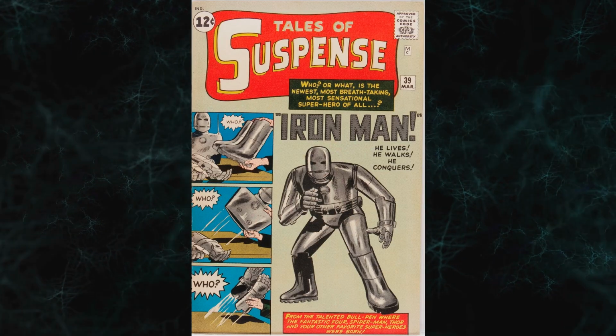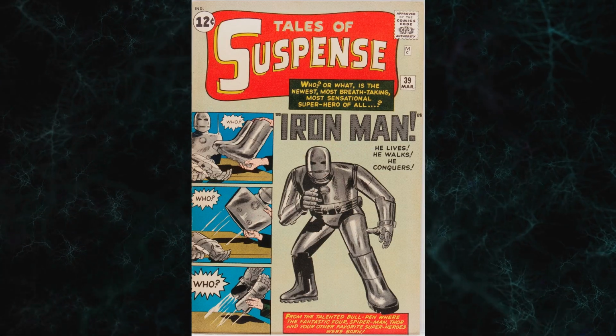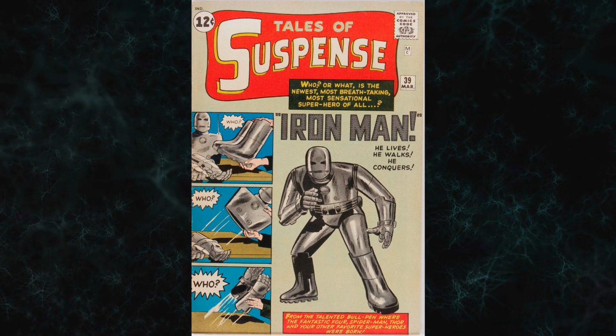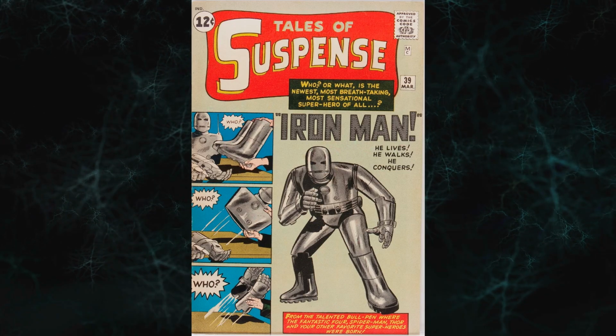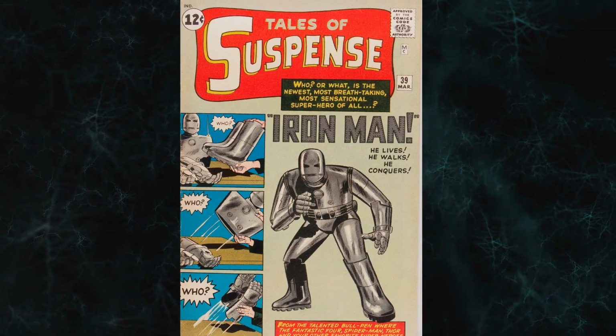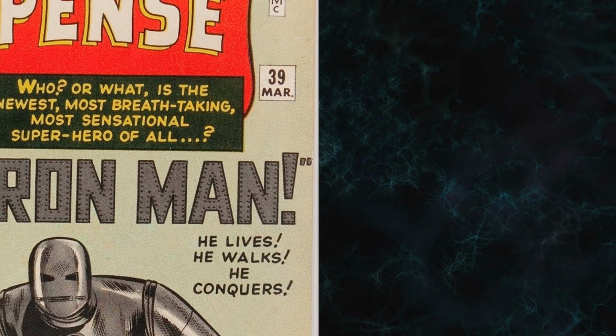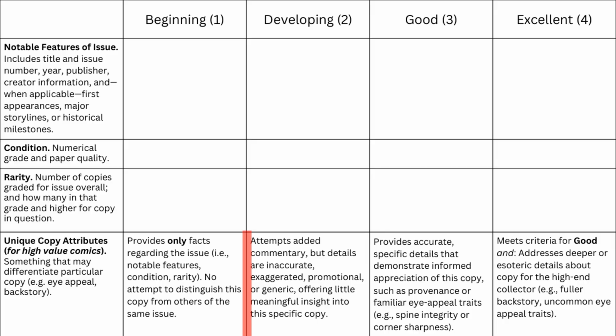What you're looking at is Tales of Suspense number 39. This is the first appearance of Iron Man. In mid-grade, this book is tens of thousands of dollars. In high grade, it can be hundreds of thousands or even $1 million. Take a look at this copy. A pro is going to see this particular feature and know that clientele will want to hear about it. This issue was notorious for having its page cut so that those full double quotes on the right-hand side are either missing or one of those quotation marks is missing. Having a copy that has that double quote on the right-hand side, boy, that gets my snobby comic book juices flowing. I digress. Now that we have a good sense of how students are performing relative to the rubric criterion,